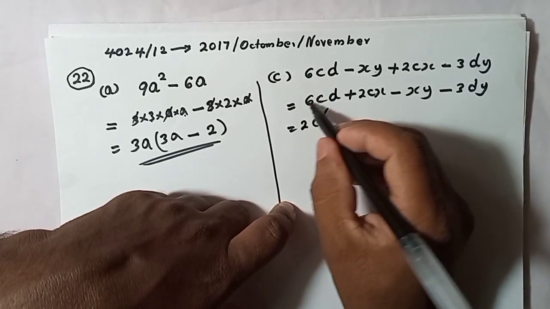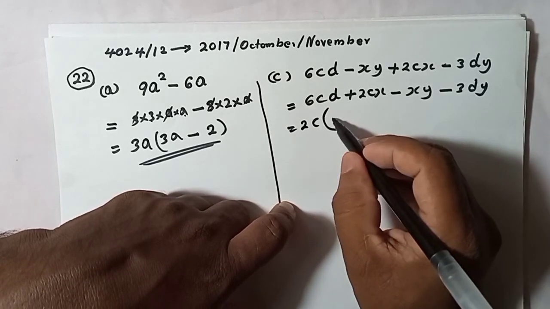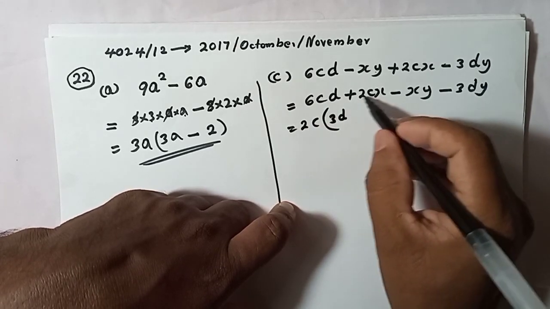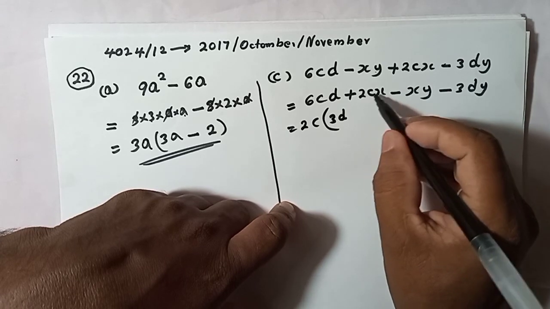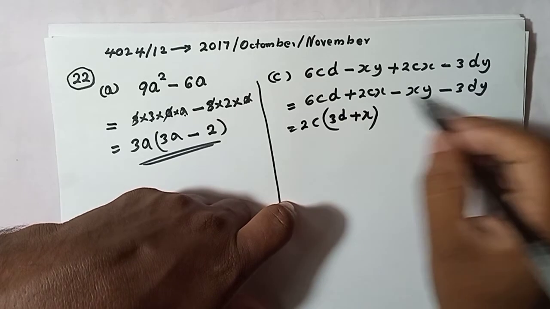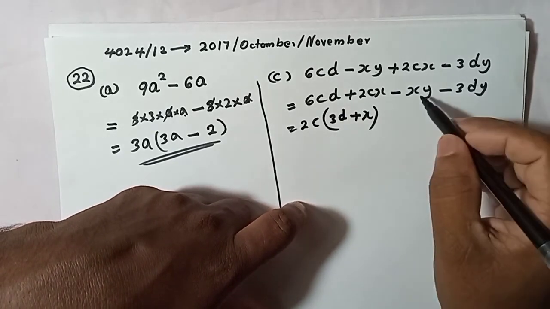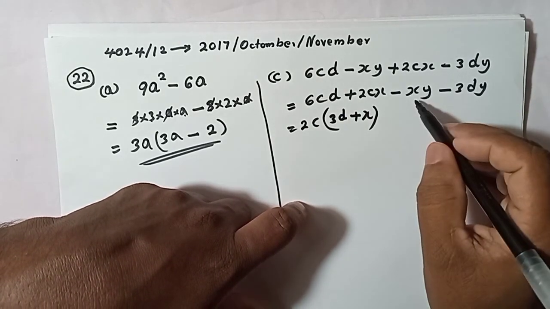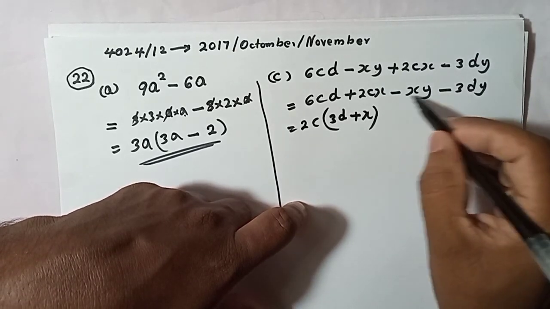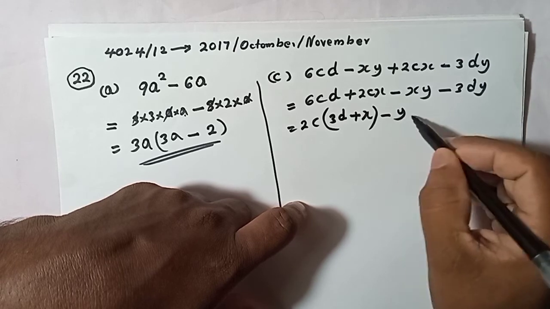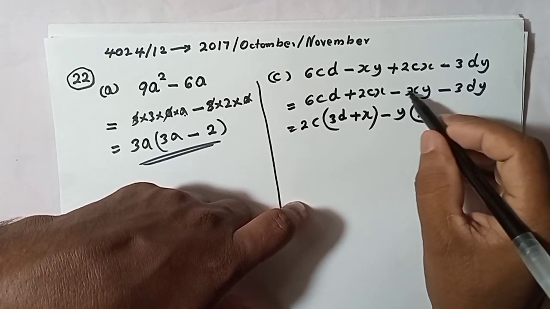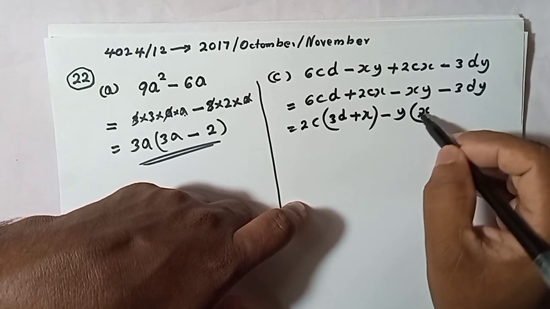Here you have to think 2 into 3, so 3 will remain here and c goes outside and d, 3d, and here if I get 2c outside, here will be just x remaining, and for these two what is common, right? So I can get outside here minus y, right? With the minus sign get outside minus y, and here the remainder will be just x, because x must be plus, otherwise